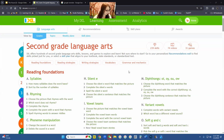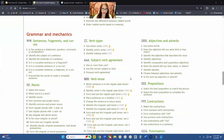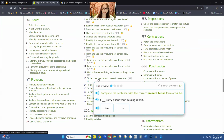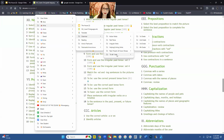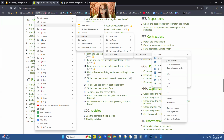But anyway, so Anna has grammar and everything's really organized. I really like that. She has been working on to be verbs. So we're going to go to her file. Here's Anna. Here's her grammar file. She has one for reading. And here, second grade, because that's the grade she's in. And she is going to do